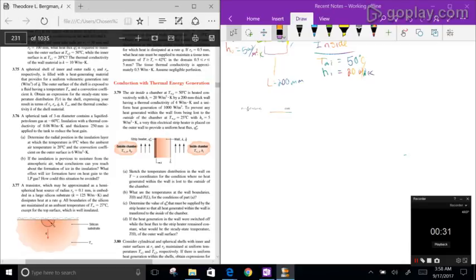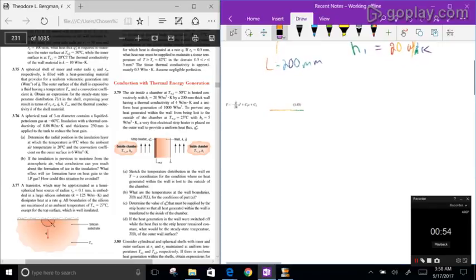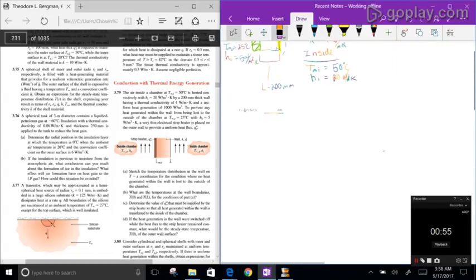it's providing a uniform heat flux. So basically the temperature gradient at T0 will be 0. And the other part is that since there's uniform energy being generated, it's a parabolic shape. From that we can use equation 3.45, which you can see right there. Our first step is to solve